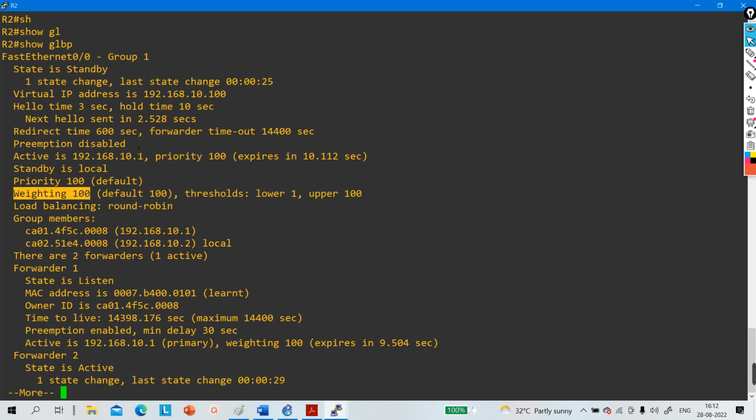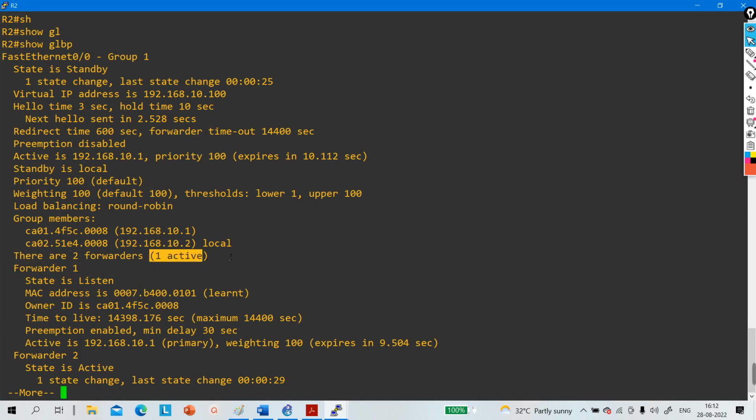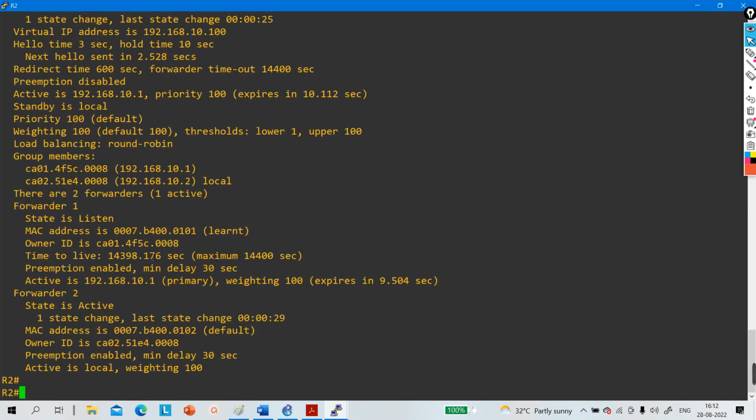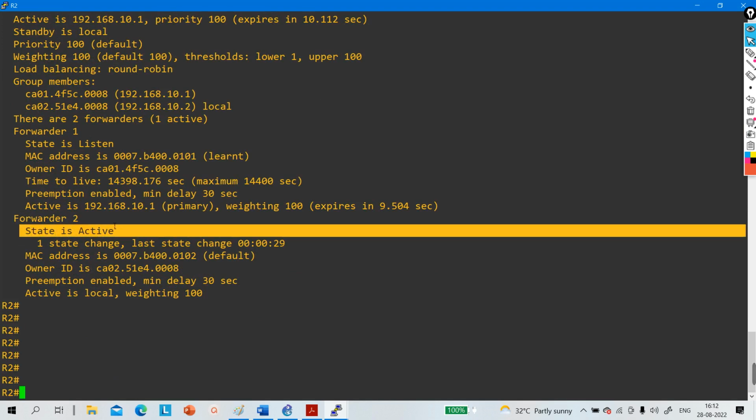Weight is 100. Okay, and now here you can see there are two forwarders. For one forwarder this router is active. For which forwarder is this router active? For forwarder 1, the state of this router is listen. For forwarder 2, the state of this router is active, right? And the virtual MAC address of forwarder 2 is